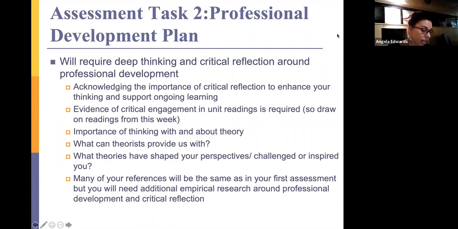Evidence of critical engagement in unit readings, as I said. The importance of thinking with and about theory. Again, things that you will be able to get out of the unit readings and to reference these readings as well. Thinking about those important theories that have shaped your perspectives or challenged you or inspired you in terms of